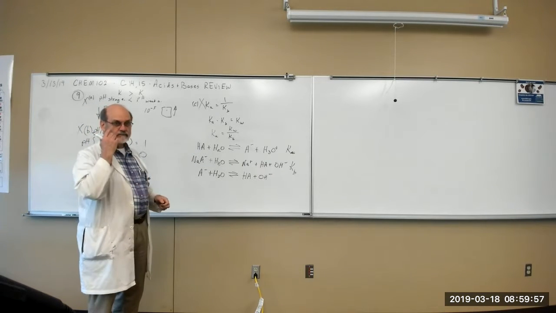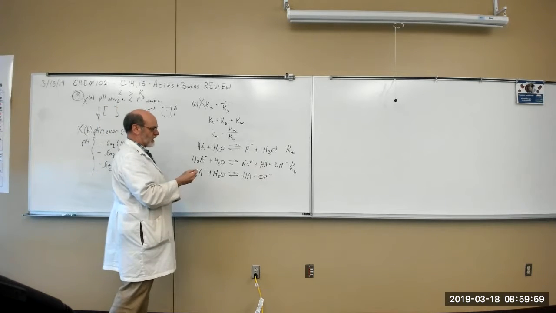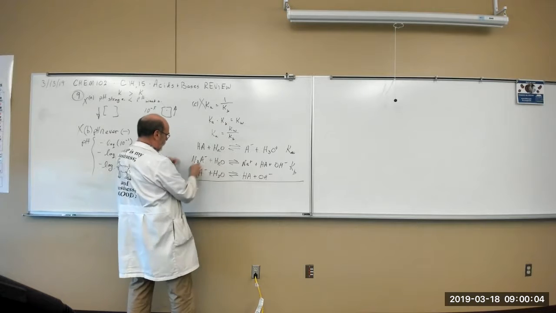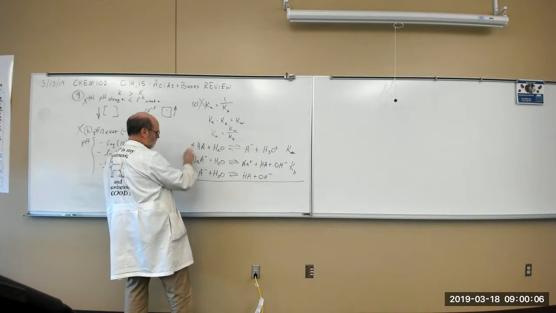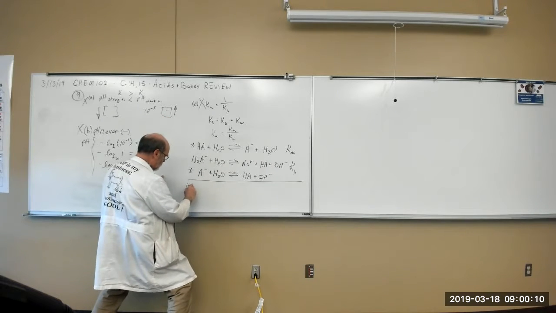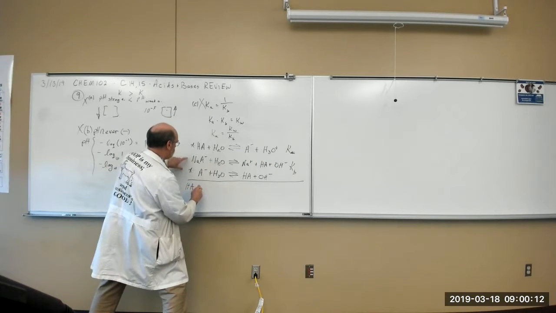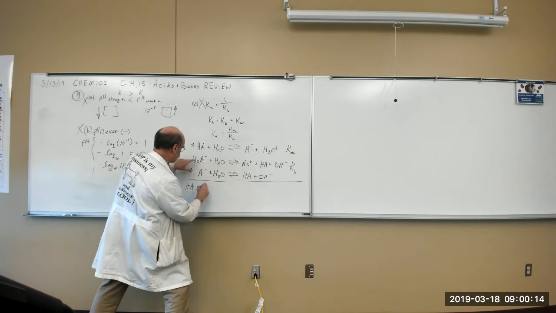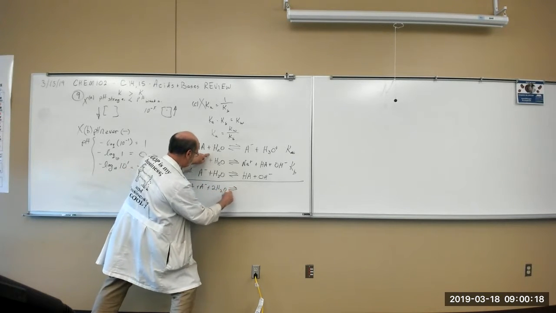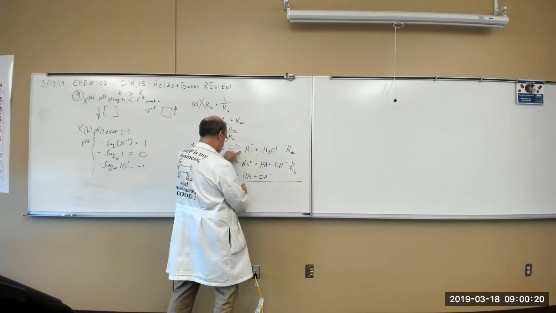What do you mean combine them together? We add them together. Just add them. So let's use this one and that one. If we add them together, we get HA plus A minus plus 2 waters. And then on this side you get